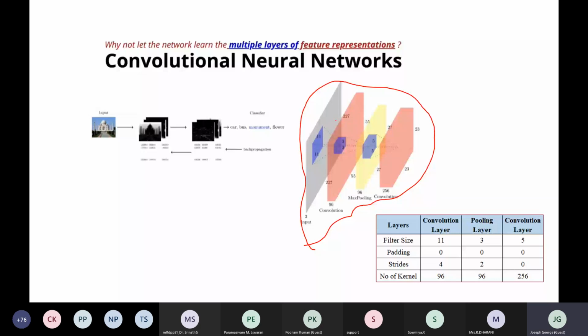This is the input layer, this is the convolution layer, max pool layer, and convolution layer, and finally you tell me how many learnable parameters are available in this particular network.